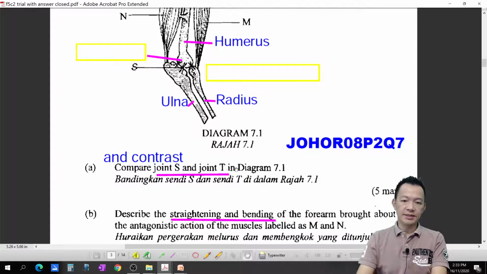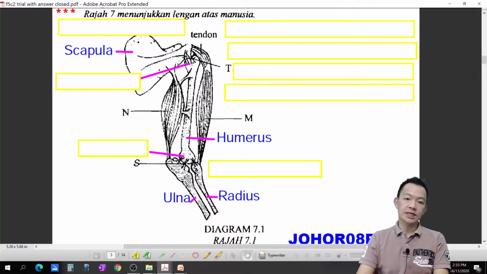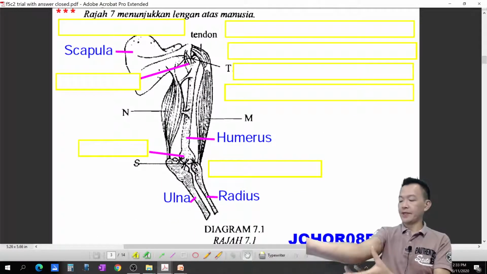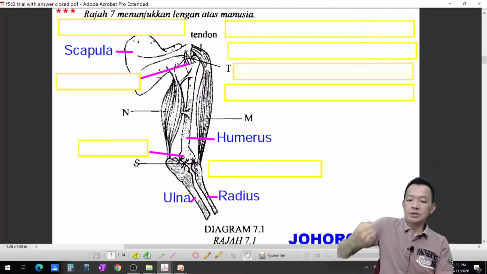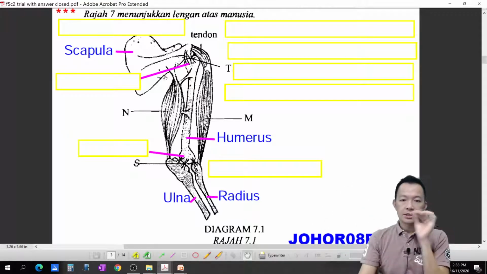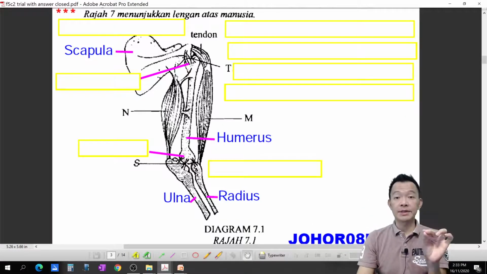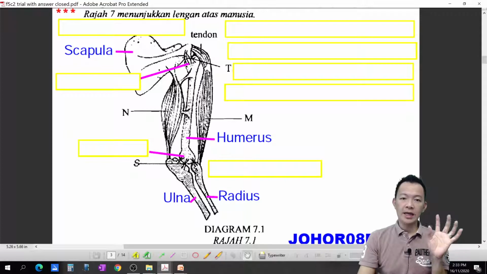the joint S and the joint D in the diagram 7.1。Compare and contrast the joint S and the joint D. Joint S actually we call hinge joints. Joint D 就叫 ball and socket joints. So compare and contrast means similarity and differences. 比较一下就是要讲共同点，也可以讲差别。